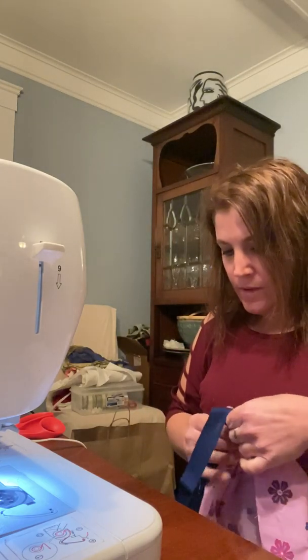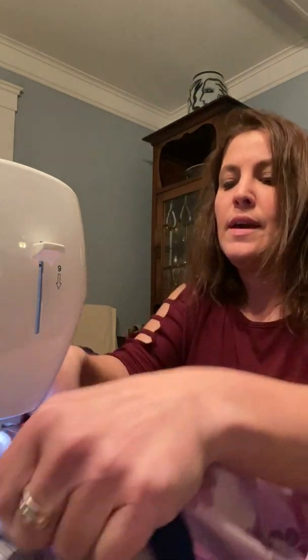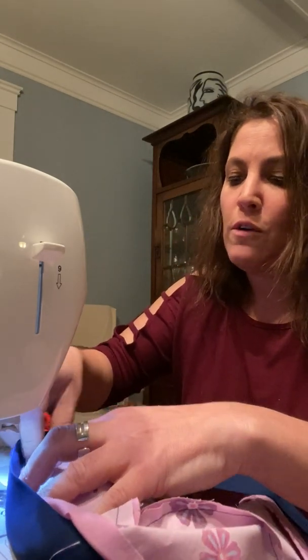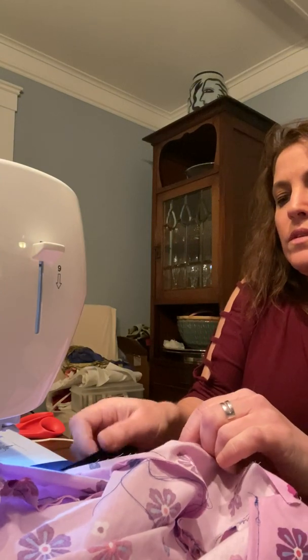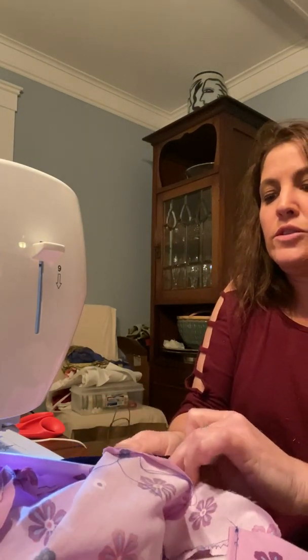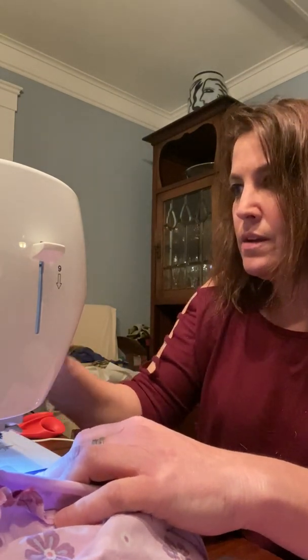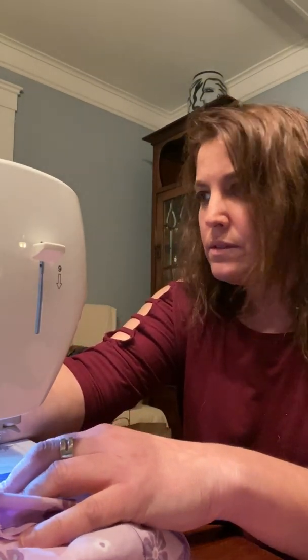Your bias tape, all you're going to do is attach it so that it covers the seam. Or if you have ribbon, you can do the same thing and just attach it with a zigzag stitch. You could fold it over if you want to make it look a little pretty. You could use a wide ribbon and fold it over. You could also use fabric that you've pressed and sewn and make your own kind of seam. But essentially, you're just going to attach that to the end of the